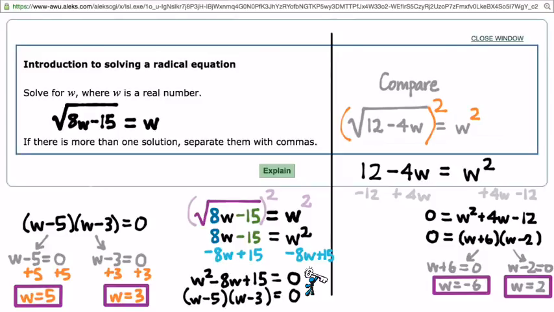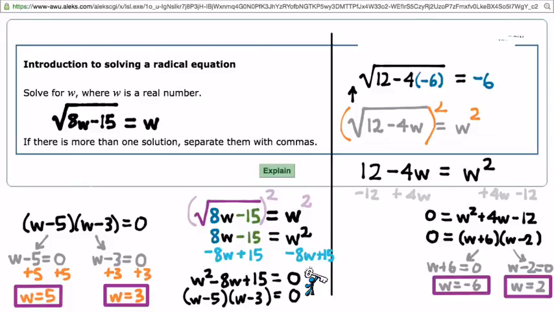So let's try, in this equation, plugging in this suspicious negative 6 and seeing what happens. So if I do that, I'm going to work from the bottom up here. I'll get the square root of 12 minus 4 times negative 6. So negative 6 was our solution that we discovered here. And then on the right-hand side of the equation, we would write w again, which was negative 6. Okay. And then simplifying the quantity underneath the square root, 4 times negative 6 is going to give me negative 24. And 12 minus negative 24